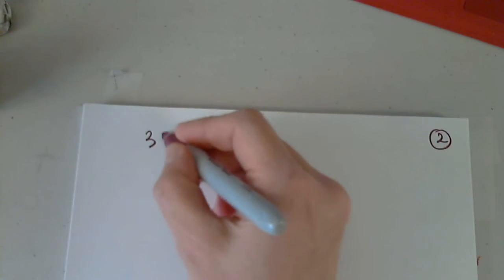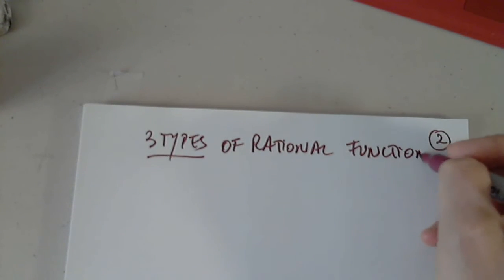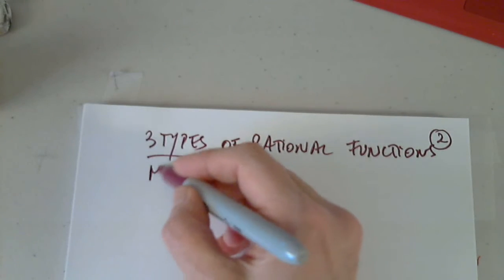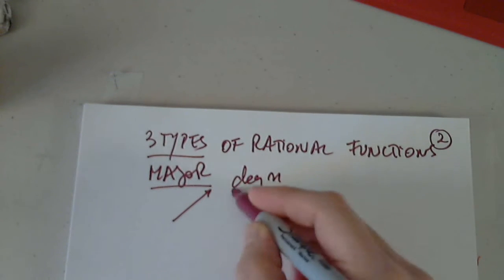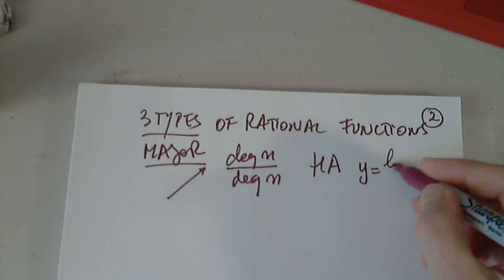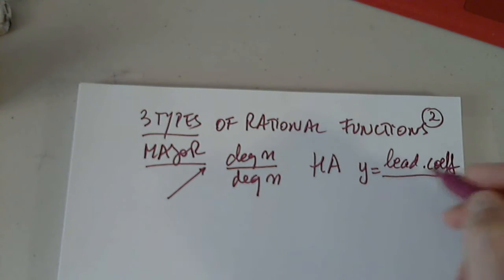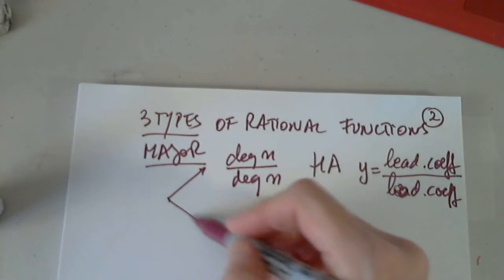So there are three major types of rational functions. I would say three major types. There are others, of course, but the three major types are degree n over degree n. The horizontal asymptote is y equals leading coefficient, as you know from pre-calculus, over the leading coefficient. Let me make sure that this is LEAD. Sort of. And the second possibility,